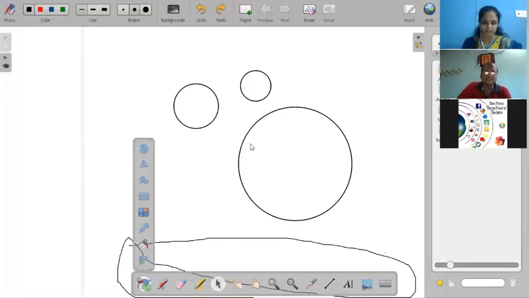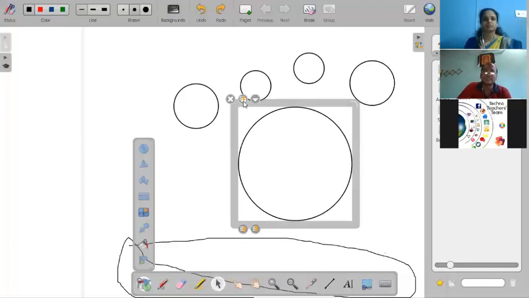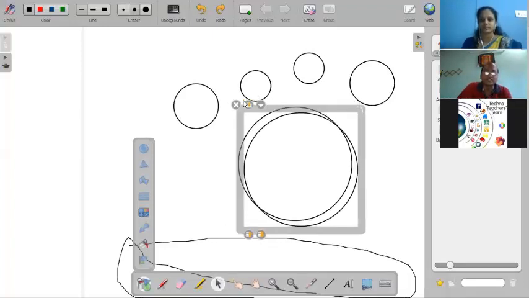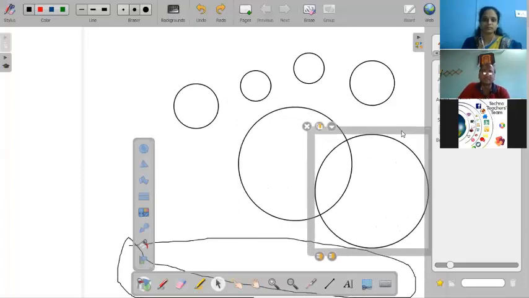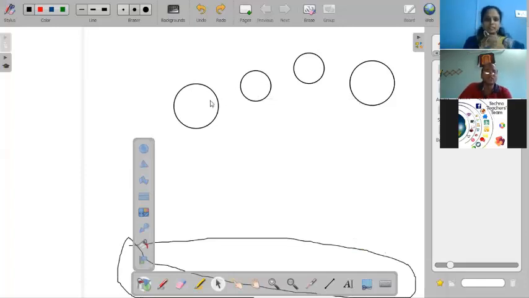Now we can see this one. You can copy this like this, by clicking this one. So you need not drag and drop every time. You can copy and paste simply. For example, see this one. This is the copy and paste button. Just click that one and drag the layer. If you don't want this, just click the cross mark and it will disappear. So you can create this type of shapes.